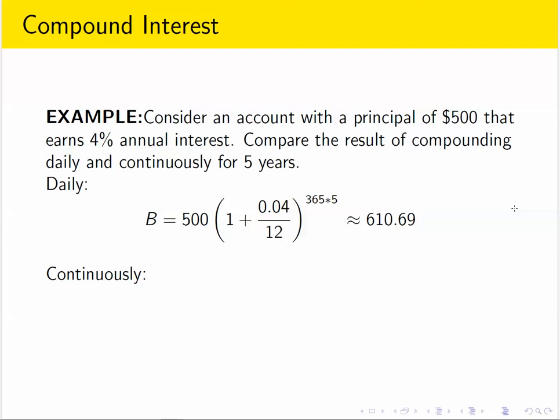Whereas if we do it continuously, plug the interest rate and the principal into the continuous compounding formula from the previous slide, and 5 for the number of years, you end up with $610.70. Almost the same thing. You're off by 1 penny. So again, if you're looking at this slide, this denominator should be 365. So using the exact formula for daily compounding versus this formula for continuous compounding gives you a pretty good estimate